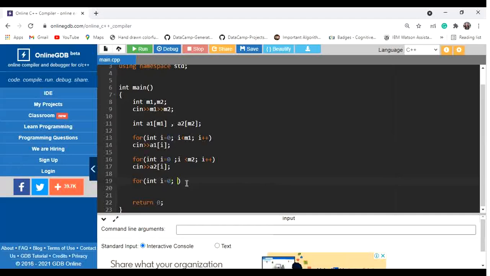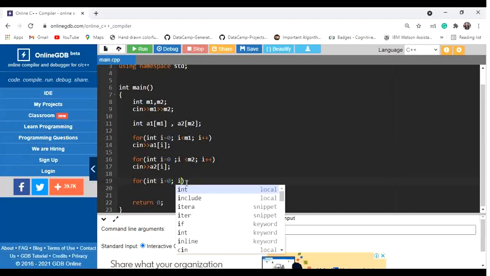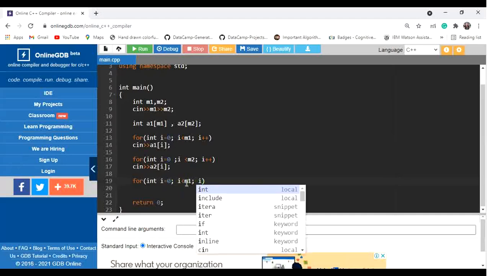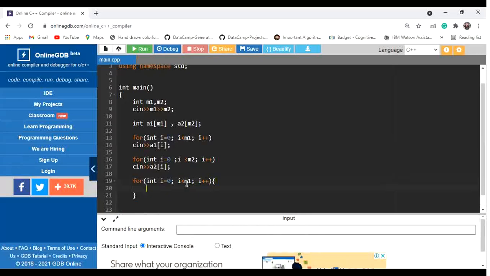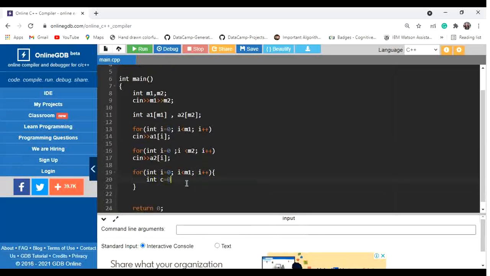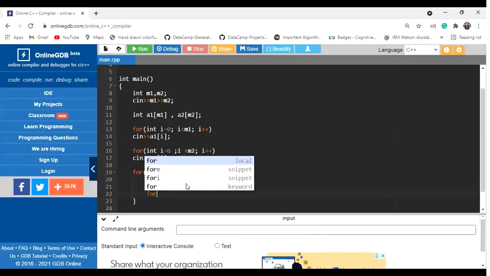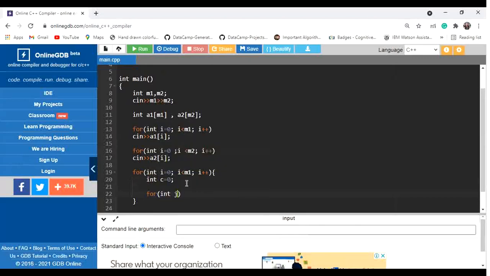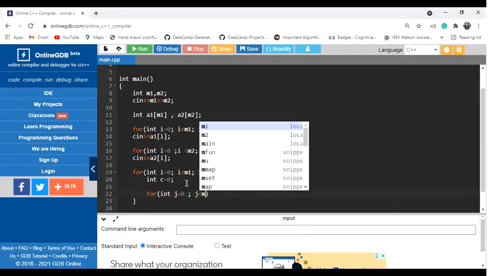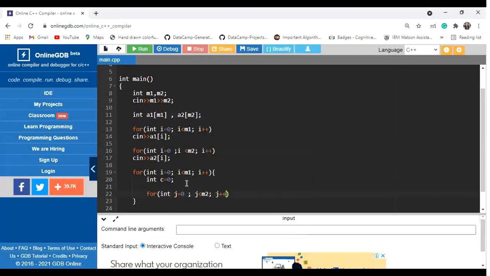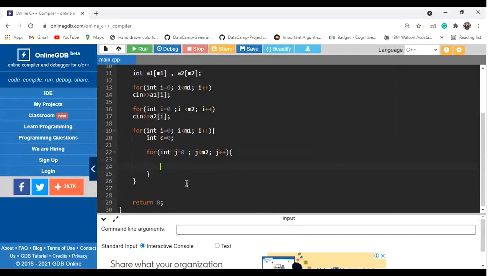int i = 0; i < m1; i++. Here we have to take a variable for counting purpose. Now we will do int j = 0; j < m2; j++. Now here what we have to do, we have to check if A2 of j is